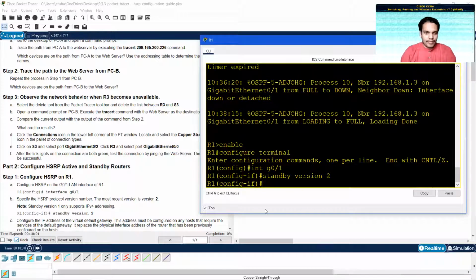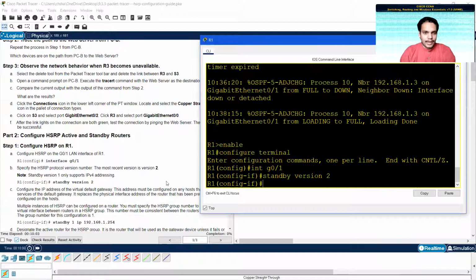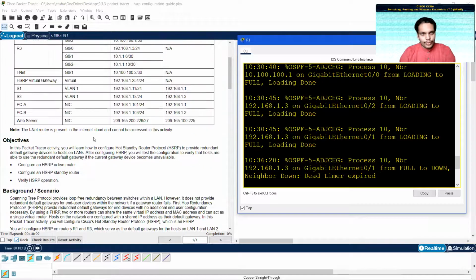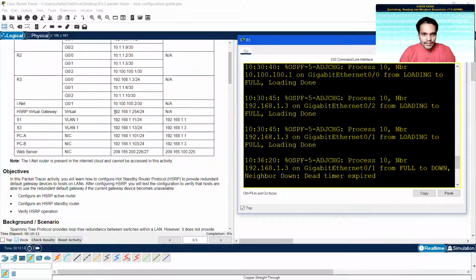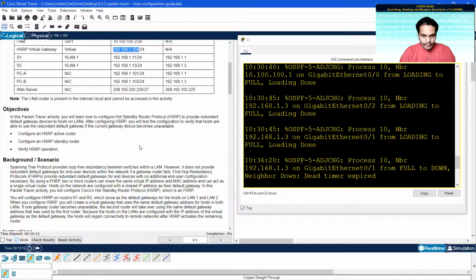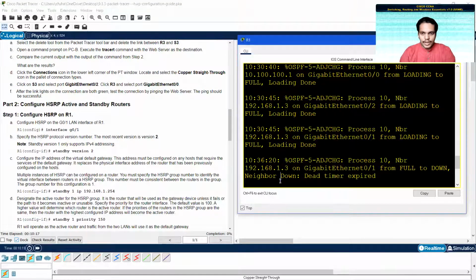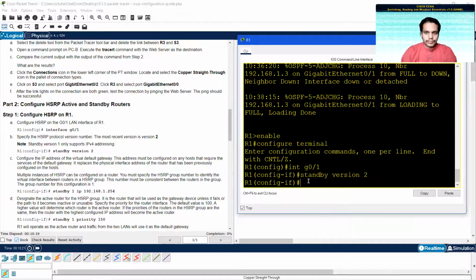Now after that, what you need to do is configure the IP address of the virtual default gateway. Now you go into your table. You can see here it is given. This is the address of the virtual gateway, which belongs to the HSRP protocol. Now I need to type in standby 1, which is the group number.